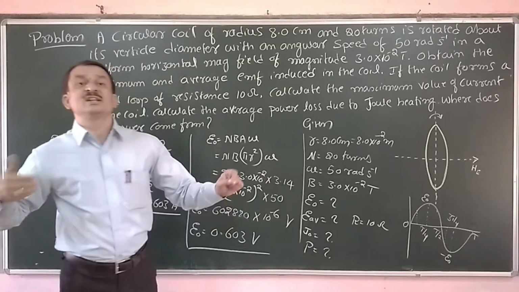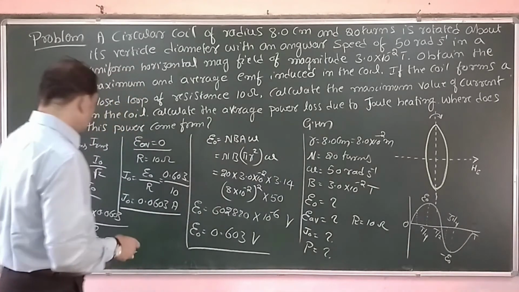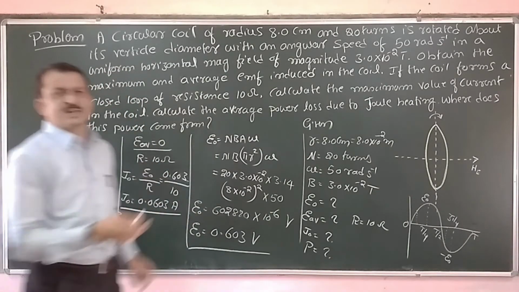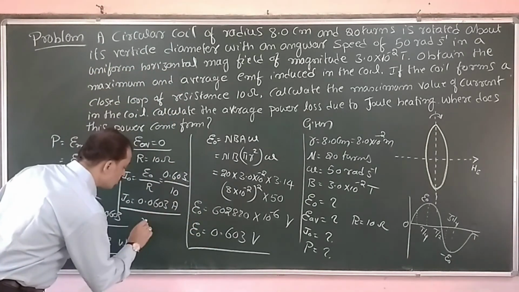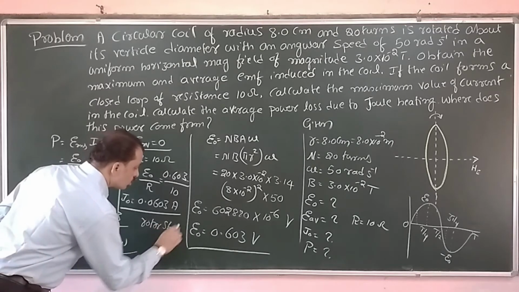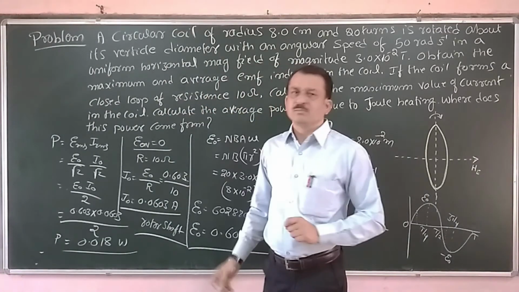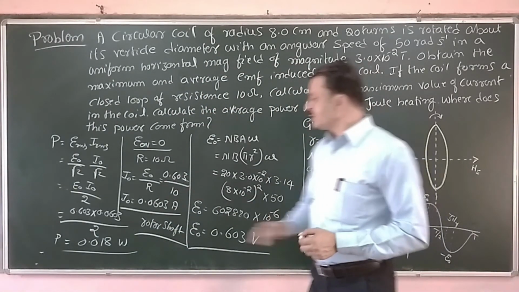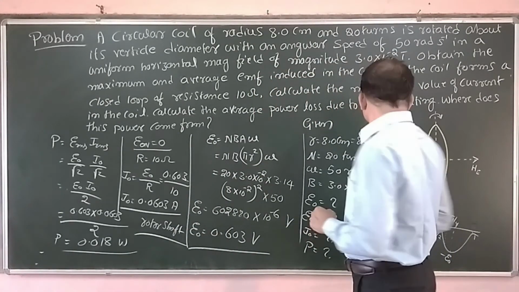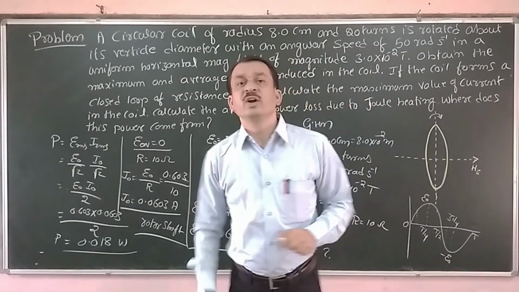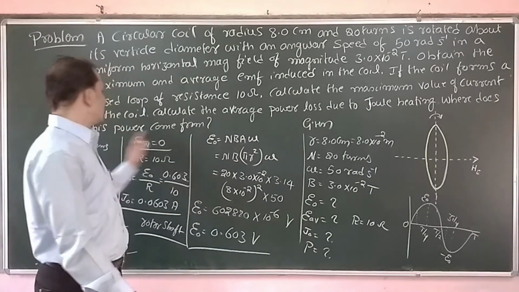That means there is an external agent who is going to supply this power. Who is that external agent? The rotor shaft that we have studied in the case of the AC generator. That rectangular coil is connected to a rotor shaft. Now it supplies the mechanical rotation by other mechanical means, and this rotor shaft provides the power, and that power is dissipated in the form of heat in the coil. That is the source of power here.